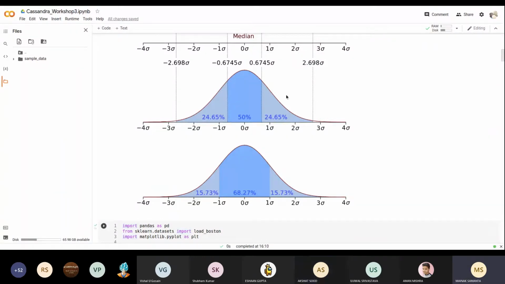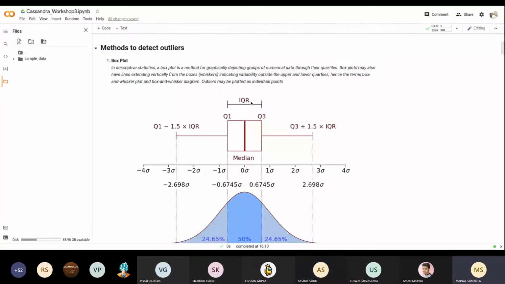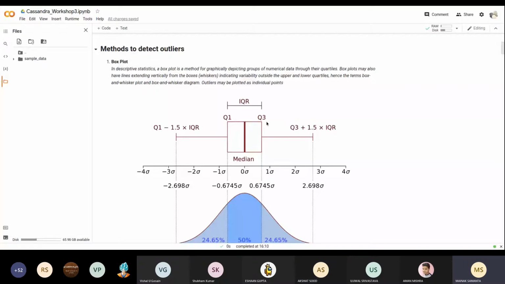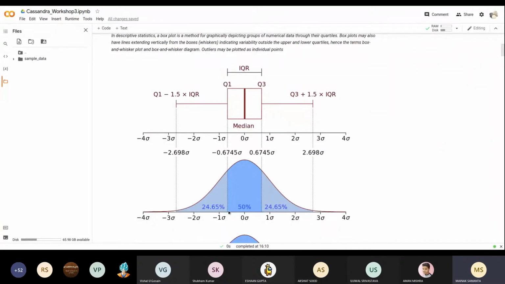This plot is the distribution of the data, and Q1 and Q3 are quartiles. We have found some points, these are quartiles, Q1 and Q3, and this is the median.